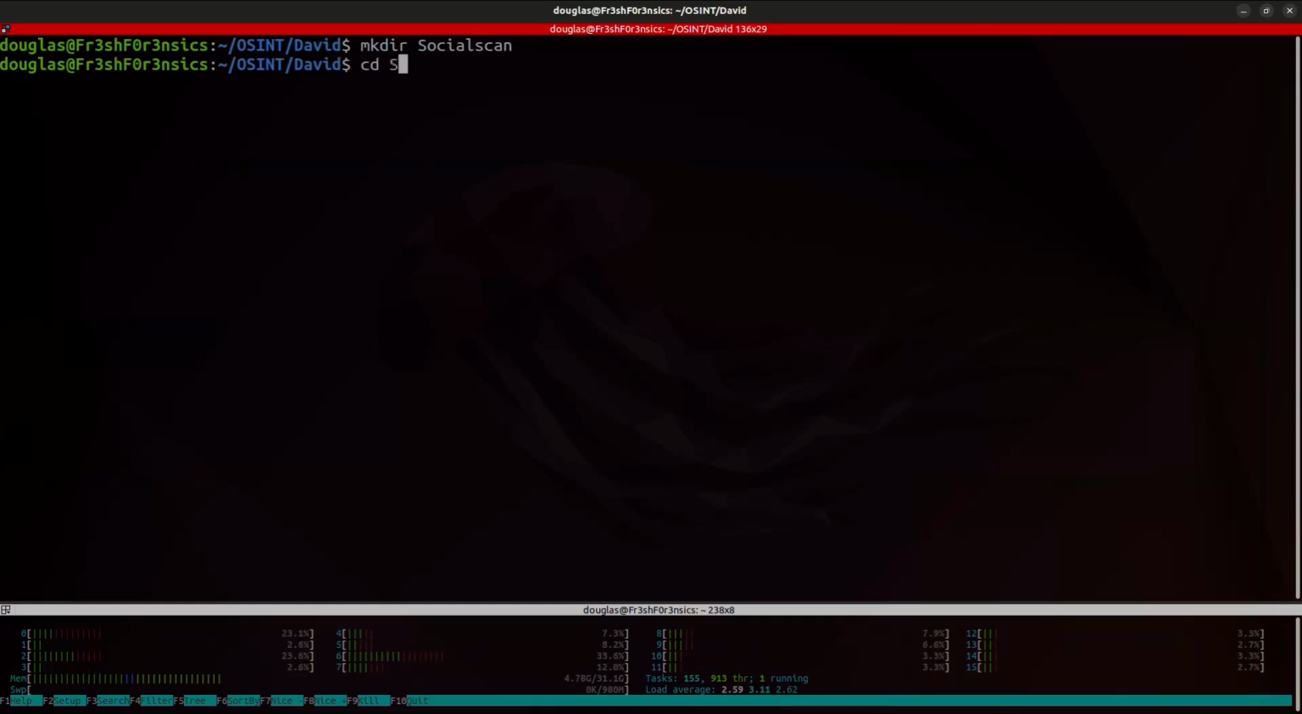Next, we will cd inside of that directory, and we are now going to use Python 3 to create a virtual environment. So I'll run the command python3 -m venv, and then I'm going to give this virtual environment a name that is related to the tool that we are using. So I will call it